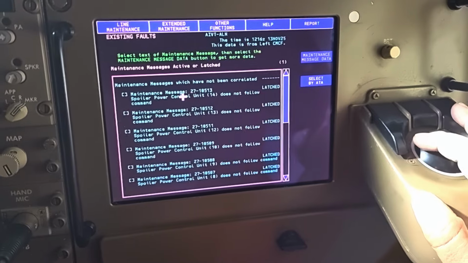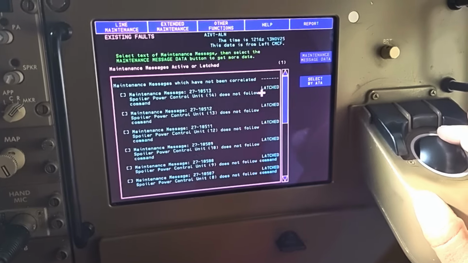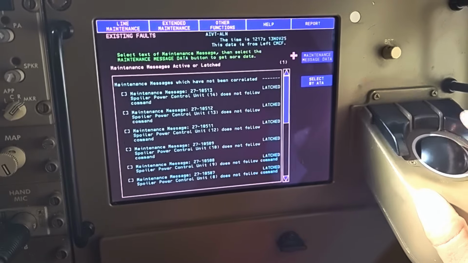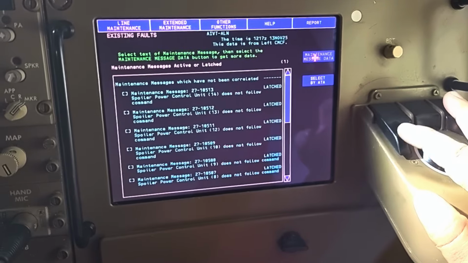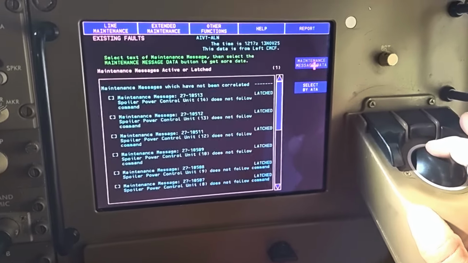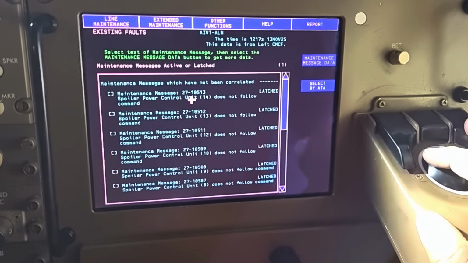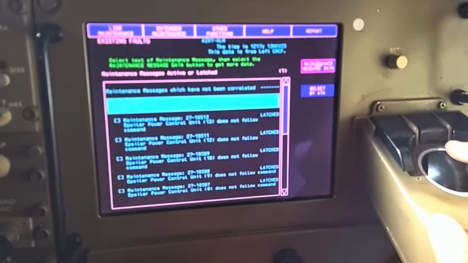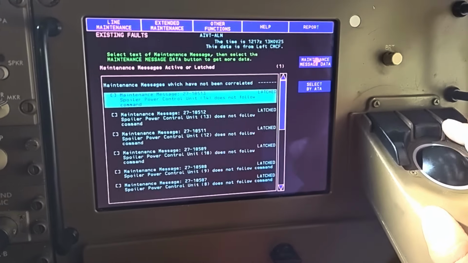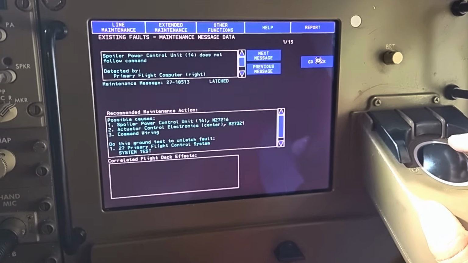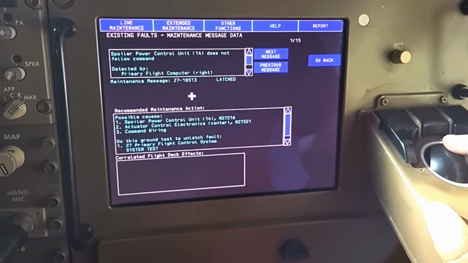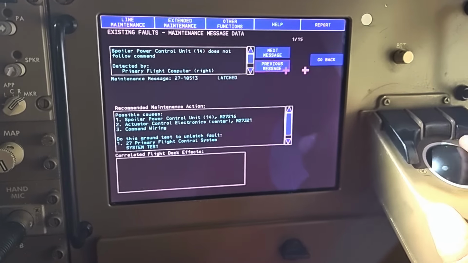Okay, so maintain message, this part number, this is latched. This is the status of the message. If I press here, nothing will happen. The maintain message data key is not working. But once I select any message here, then this becomes available. So this is how we are doing this and getting this message and all. Again I'm getting the possible cause and all those things. Okay, so let's go back